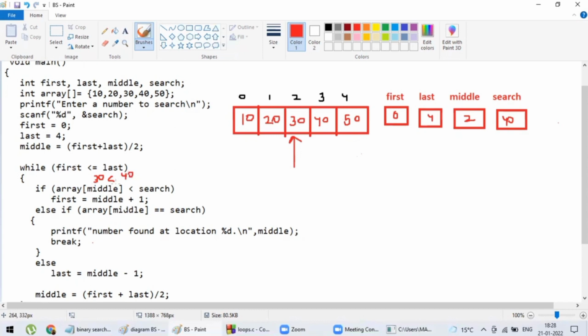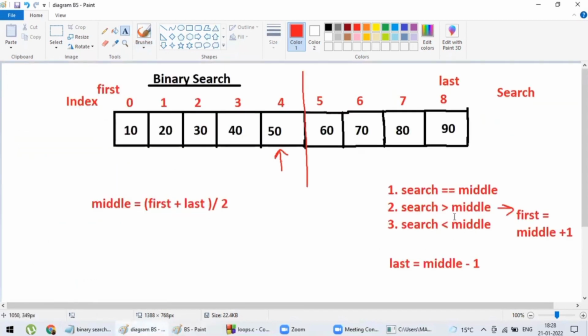This condition is true. That means if your search element is greater than the middle element, you have to start searching towards the right hand side. For this, you have to update first equal to middle plus 1. You have to split your list into two parts and update first equal to middle plus 1 in case your search element is greater than middle.